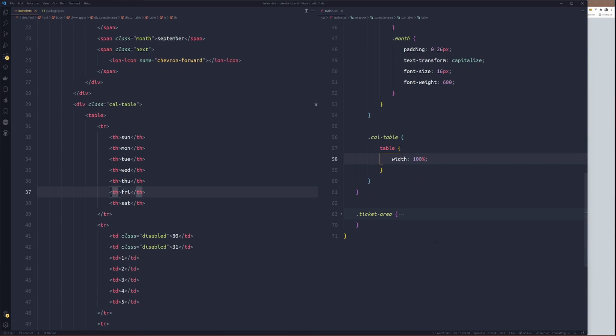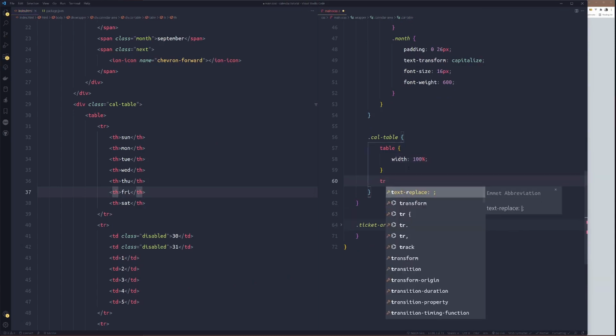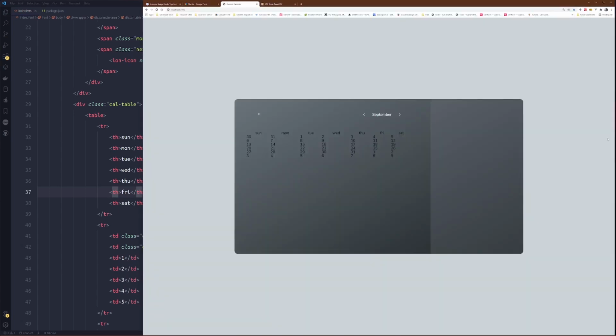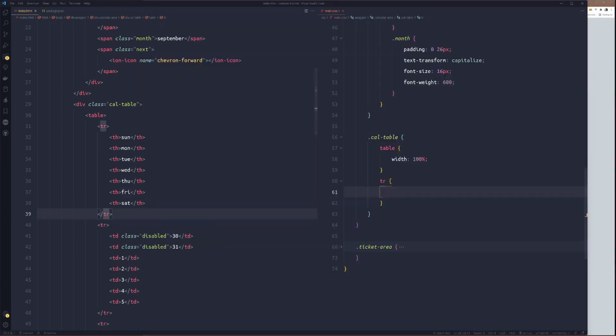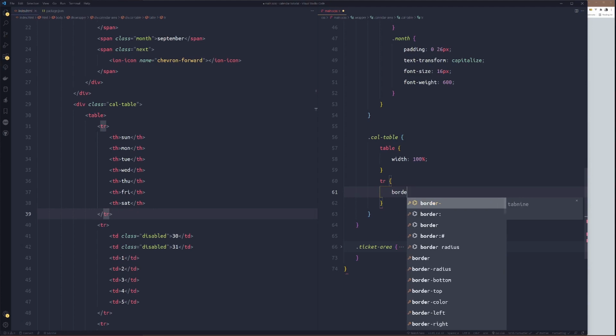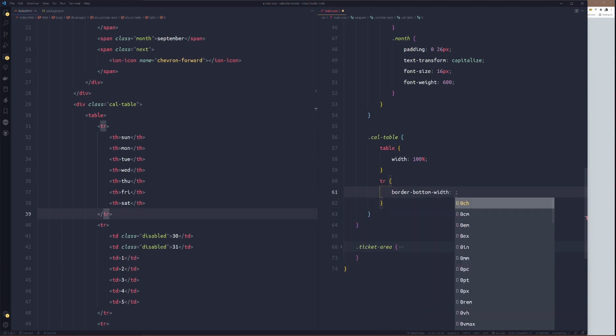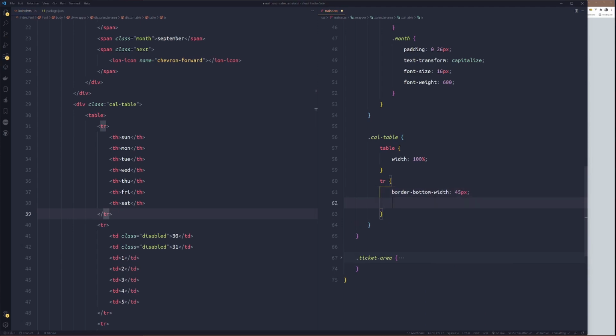Then we'll target the table row. Why? Because we want to space out these items now. So to space them, we will use border bottom width. Then we'll set them to 45 pixels, because if we do padding now, imagine it's not gonna work.